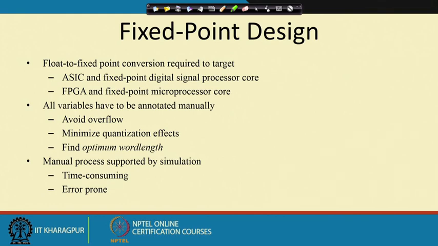Suppose the original result is 585, but due to not considering the fractional part, I am getting the result as 500. So 500 means I can represent the data by 512, I think that is 9 bits I require to hold the